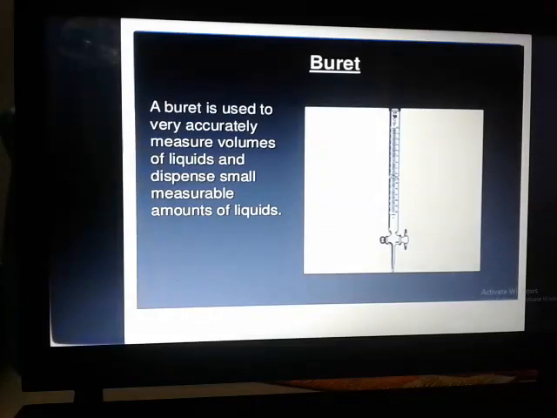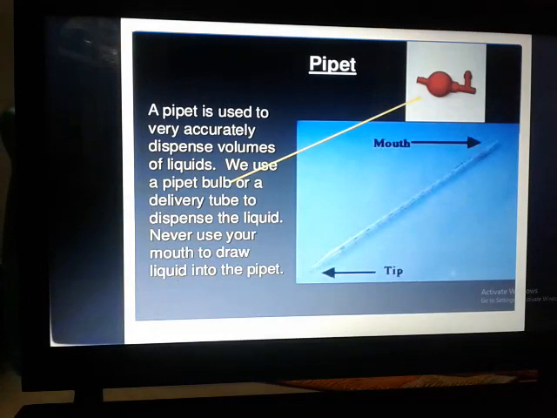So coming to the next point, that is called burette. Burette is used for very accurate measurement of liquids and substances. Burette and pipette are basically the same thing, or not the same thing. Actually, their physical appearance is very different, but the purpose is the same. Pipette is used for very small amounts, and burette for larger amounts. But both have the same purpose. Burette is used in estimation, in titration, to know the unknown volume.